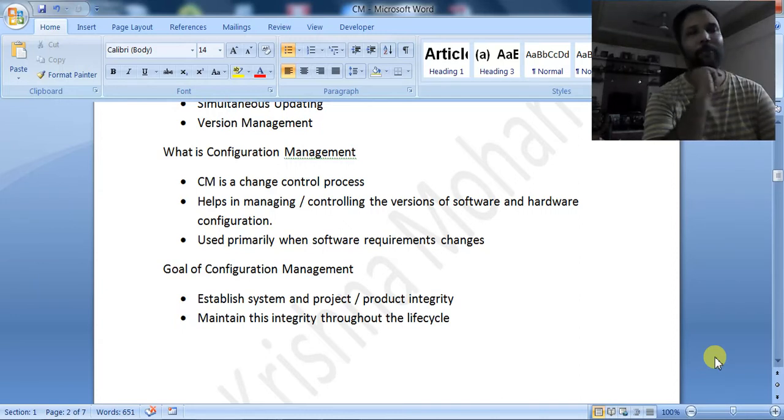Sometimes we may be giving some of our work to third party companies. Suppose we have 5 modules, and 3 modules we will be developing, and 2 modules we give to some other company to develop.